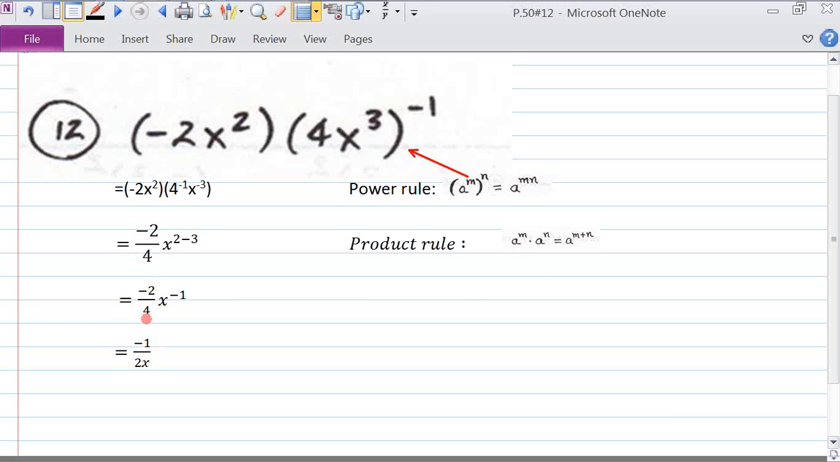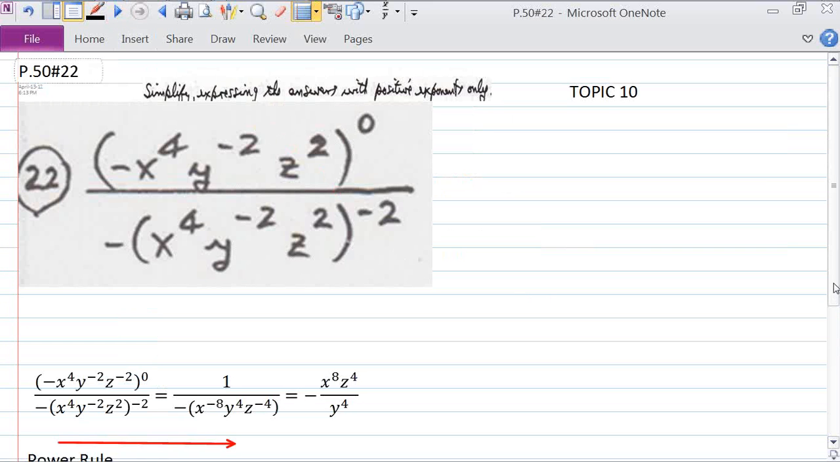Okay, so 2 minus 3 gives us minus 1, and minus 2 over 4 reduces to minus 1 over 2. So we're reducing this part, and the x to the minus 1 goes from the numerator to the denominator and becomes x to the plus 1, and we don't put the power 1 in there. So we're using a mixture of the power rule, the product rule, and also the rule that states that x to the minus power is 1 over x to the plus power. In this case, minus 1 becomes plus 1. So the next problem